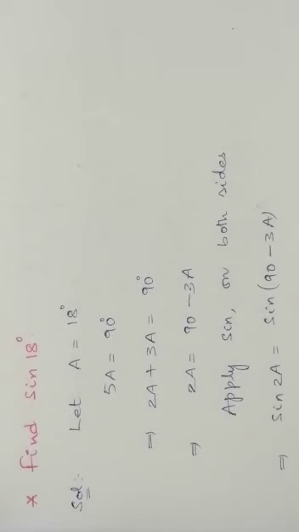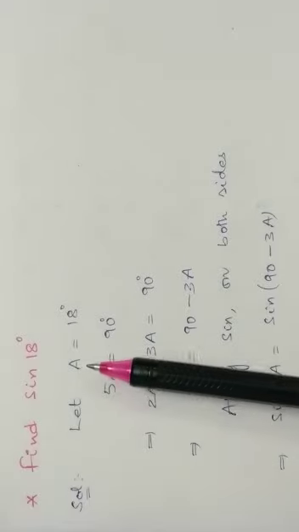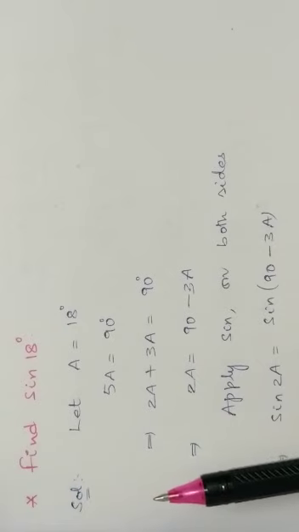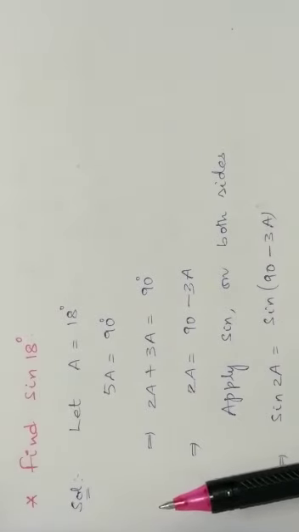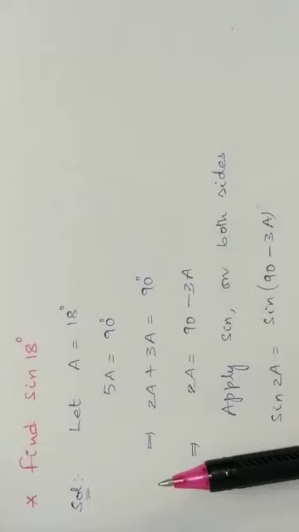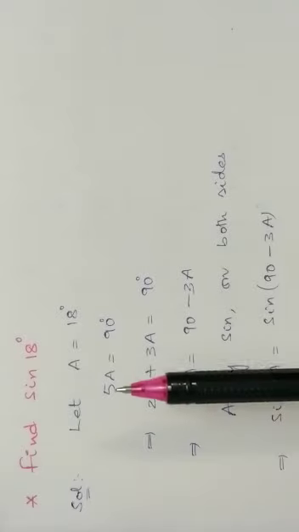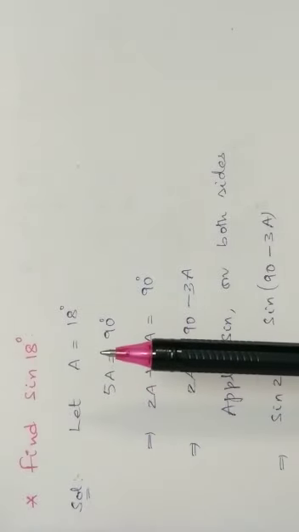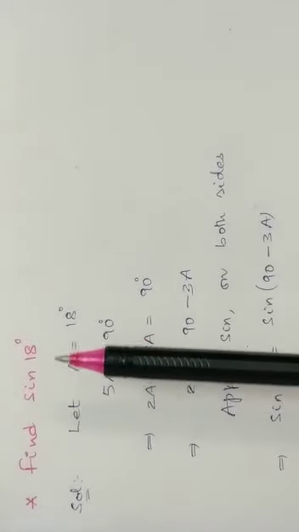In this video, we try to find the value of sine 18 degrees, which will help us to do further sums. In our lower classes of trigonometry, what you have studied earlier, you know the values of 0 degrees, 30 degrees, 45 degrees, 60 degrees and 90 degrees. Now, we have to find sine 18 degrees.